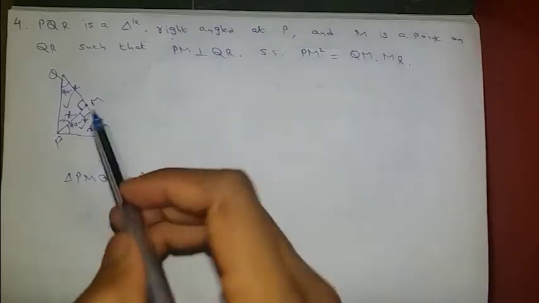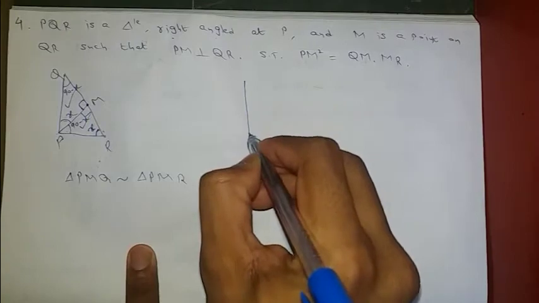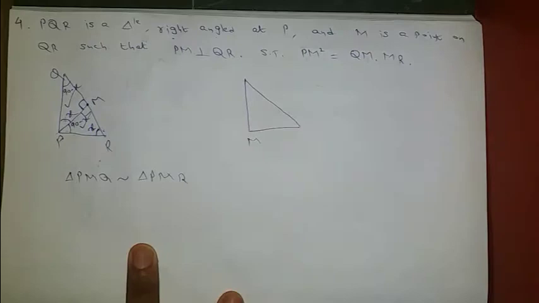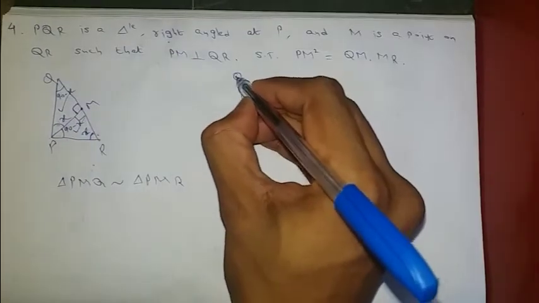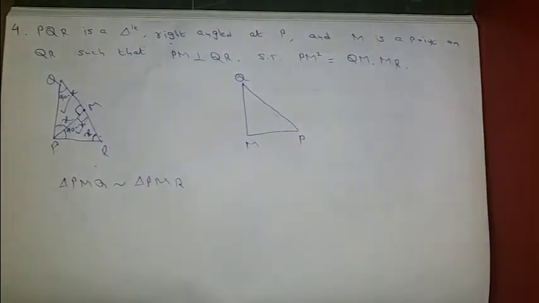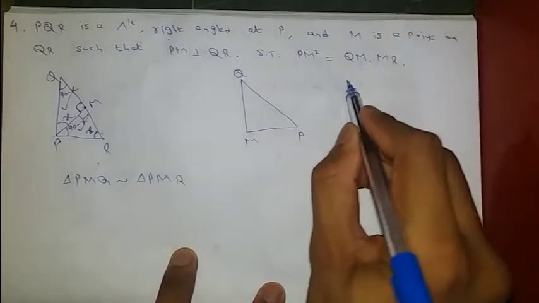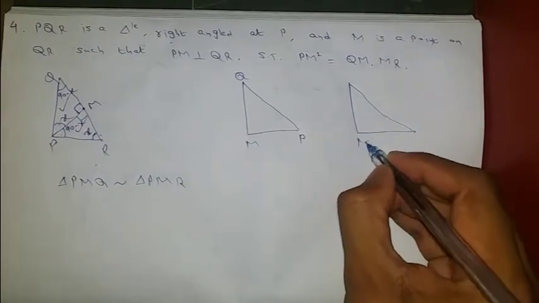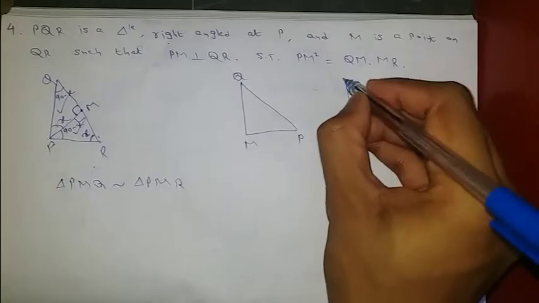Okay, now what I will do, I will separate these two triangles and draw them separately. So first the upper triangle I am drawing now. Here is M, so 90 degrees at M. Now just this triangle I am flipping to this side, so again as it is Q will be upside only, and the left side P will come to the right side P. Next, the lower triangle I am drawing again. It will be like this. Here it is 90 degrees, so that will be the alphabet M. Next, this R as it is here and P will go upside now.